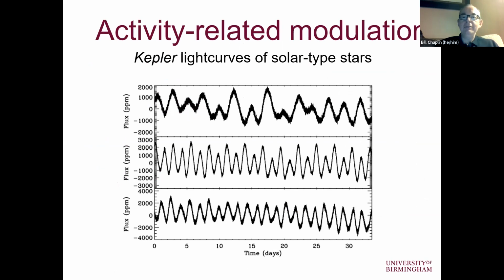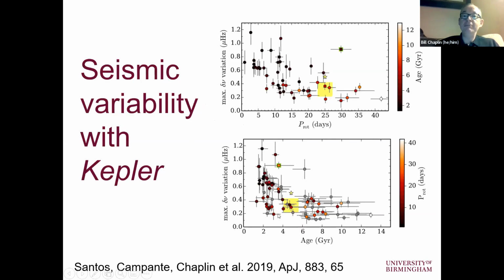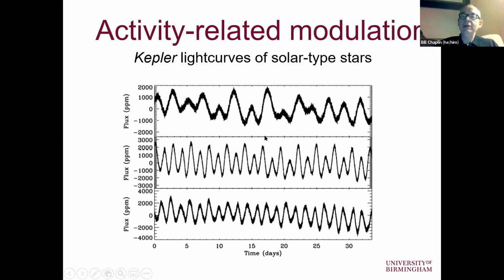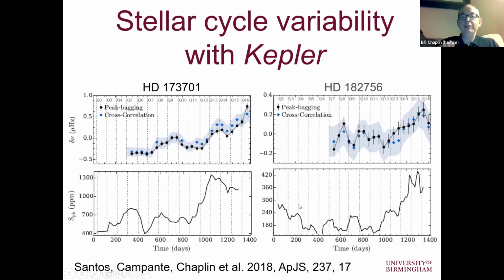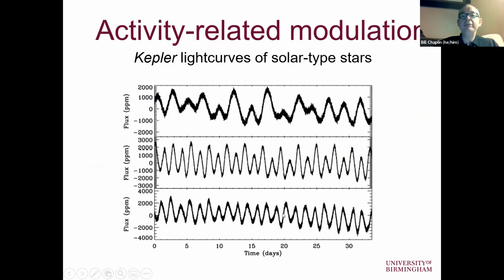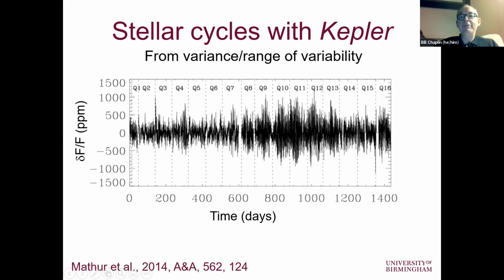So sort of leading into that, I just wanted to explain how we can actually measure seismic variability. We come back here to measuring the variability of these stars due to this spot modulation or activity-related modulation. Again, a reminder that one way we can do that, and that's how we get this proxy here, is essentially from averaging over the rotation period, but measuring the variance as a function of time. We average out the variation due to the rotation period, look at how that variance or range varies as a function of time, and we get plots that look like this.